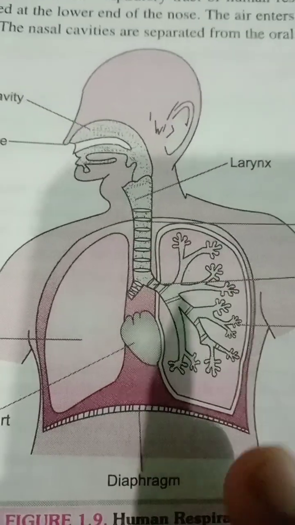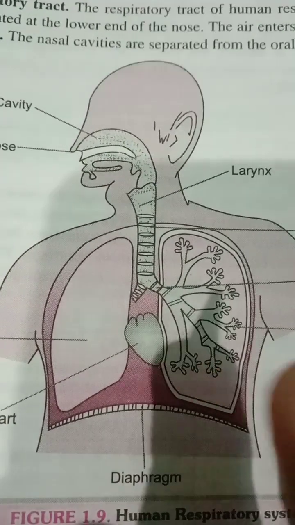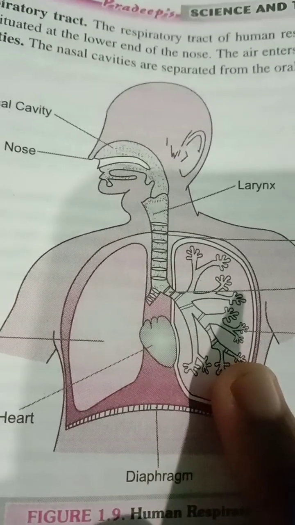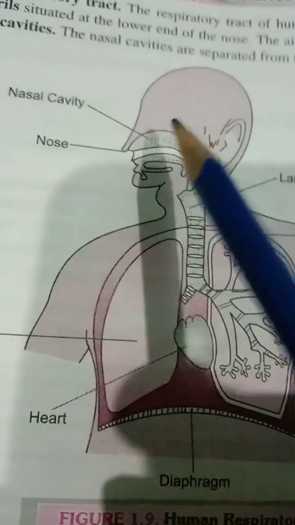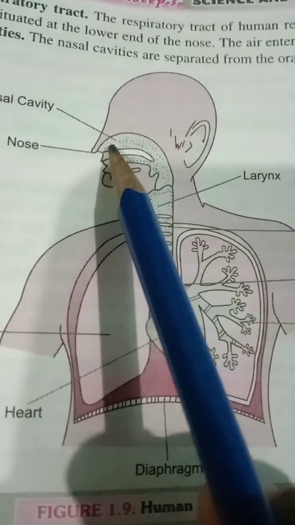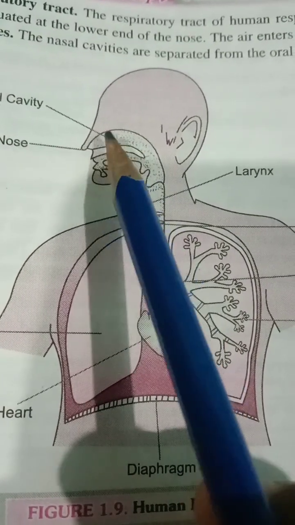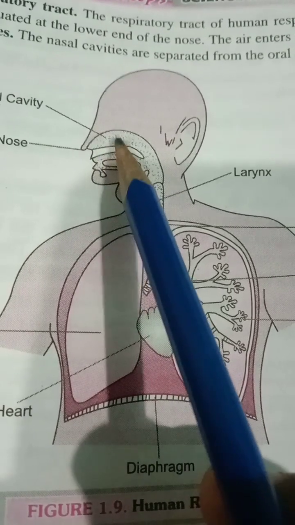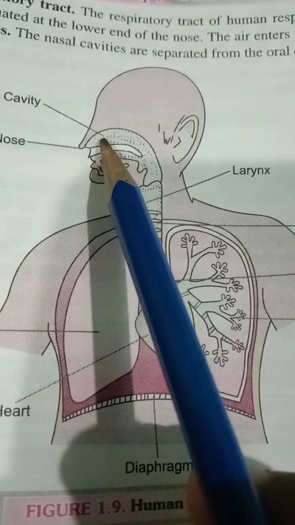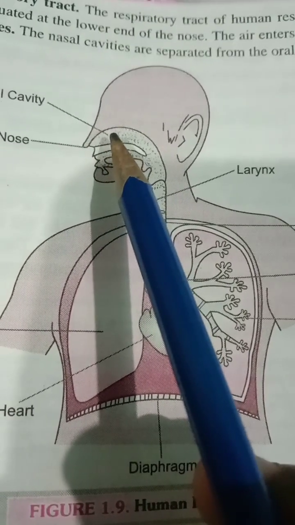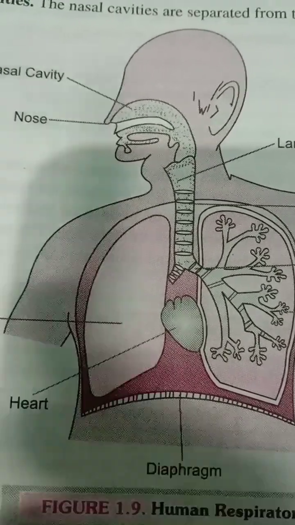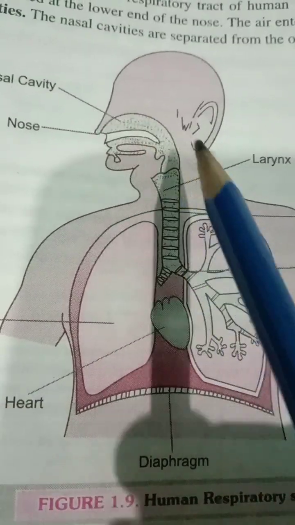Okay. Now coming to the human respiratory system, we are going to deal with its structure. It starts with the nose, and then comes the nasal cavity, that area of your nose and upper area. We have two nasal cavities, which are separated by soft, flexible bone, cartilage, right? Now this nasal cavity enters into